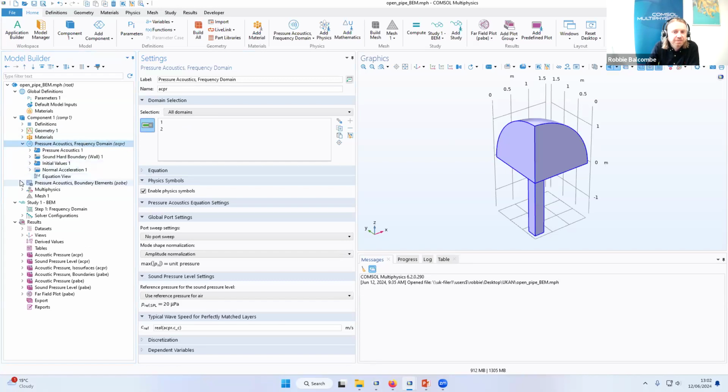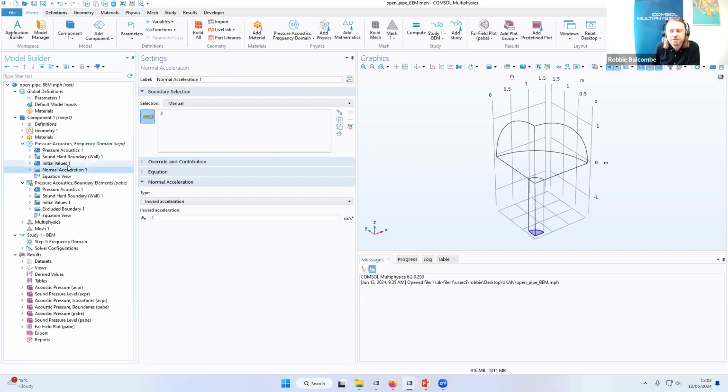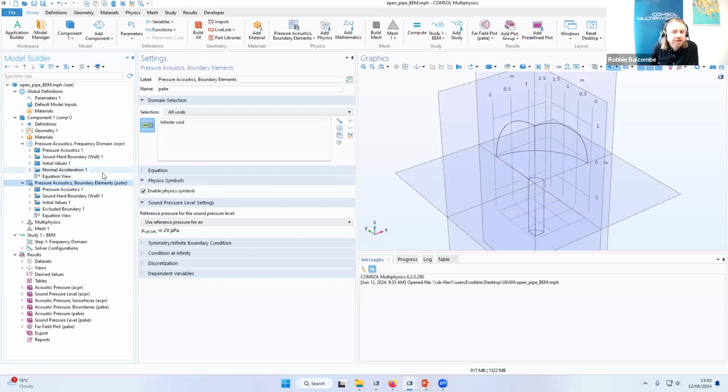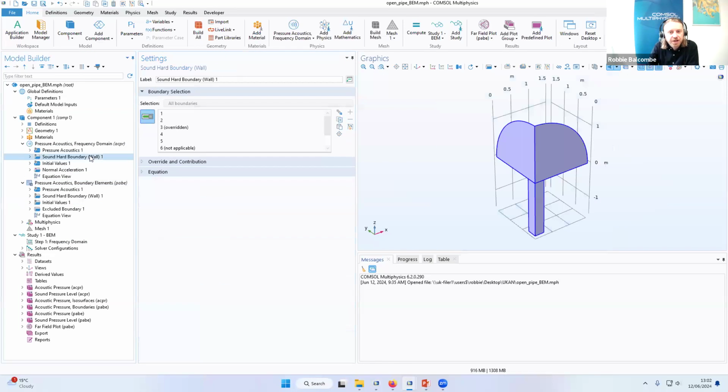In terms of setting up the acoustics, we have the finite element interface assigned to the domains where we're meshing. We have a boundary condition here, which will operate as our acoustic source. And then in the boundary element formulation, we assign that to the infinite void. We also add some symmetry planes here for the boundary elements. For the finite element, the sound hard boundary is actually the equivalent of a symmetry condition, so I didn't bother